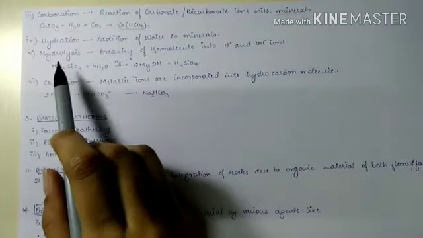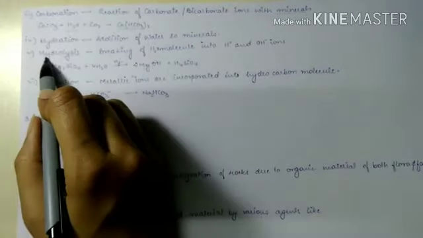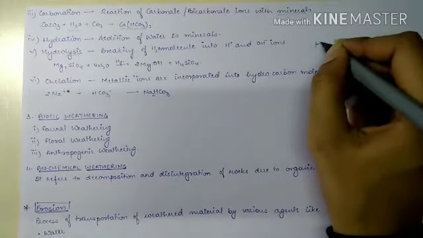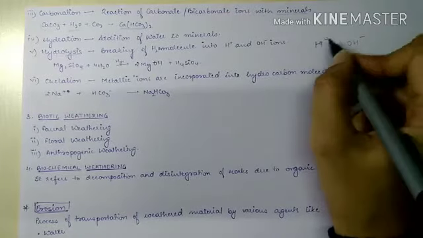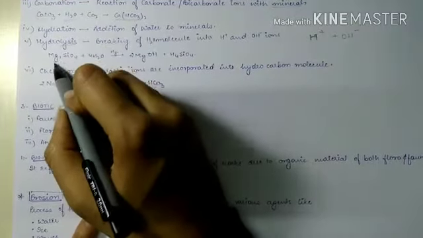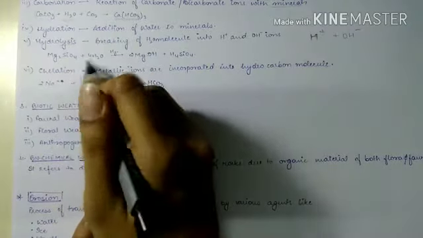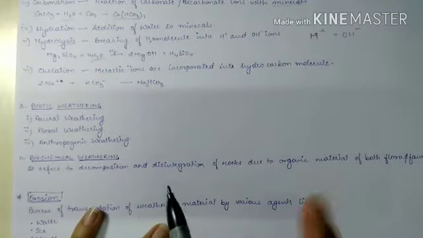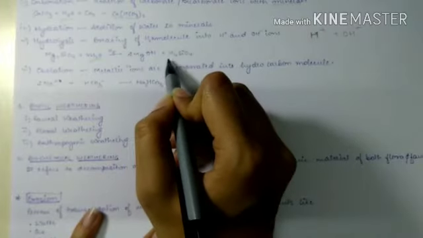Now hydrolysis. Hydrolysis, as the word suggests, lysis means breaking down. Breaking down of water molecules into hydrogen and OH ions. So this is positive one and this is negative one, H plus and OH minus ion. So Mg2SiO4 when reacted with water, because in this process hydrolysis occurs, the water is broken into OH negative and hydrogen ions. So Mg(OH)2 and